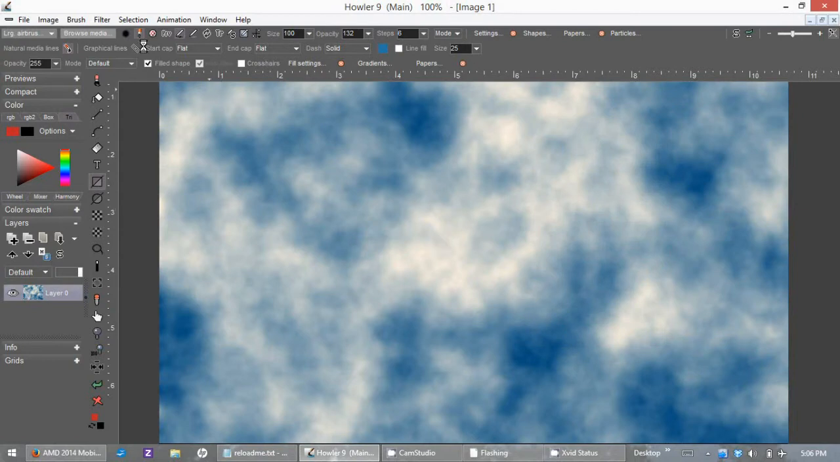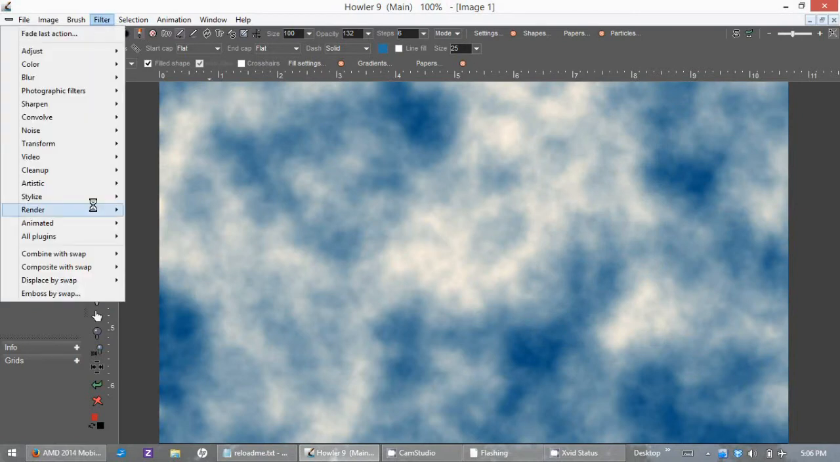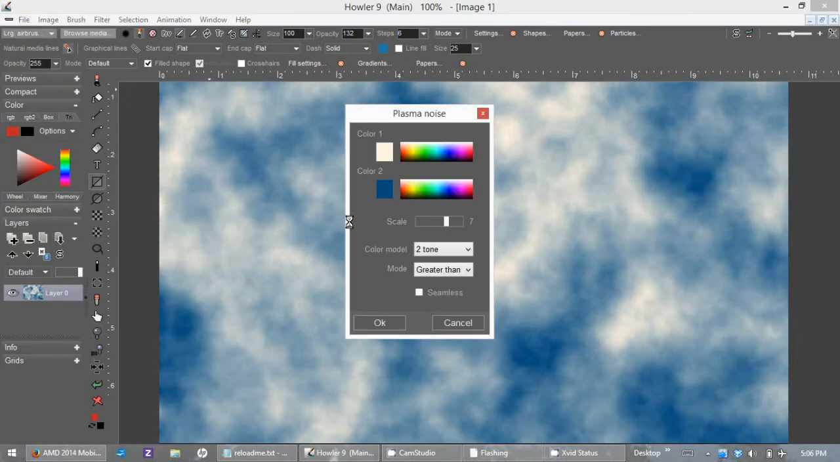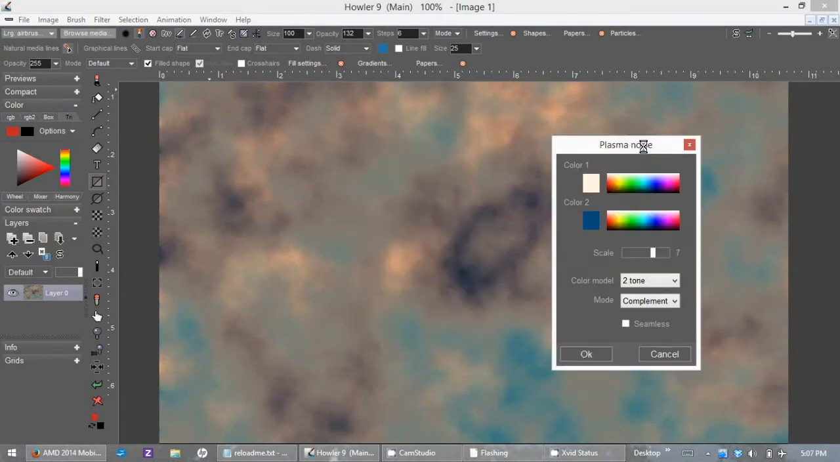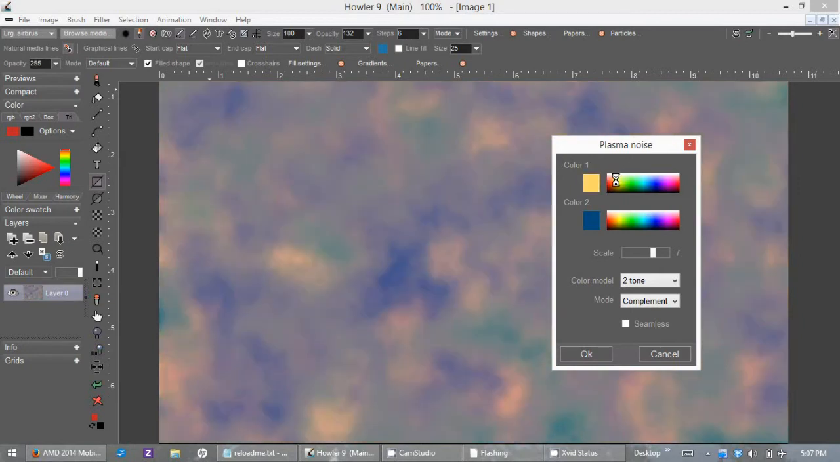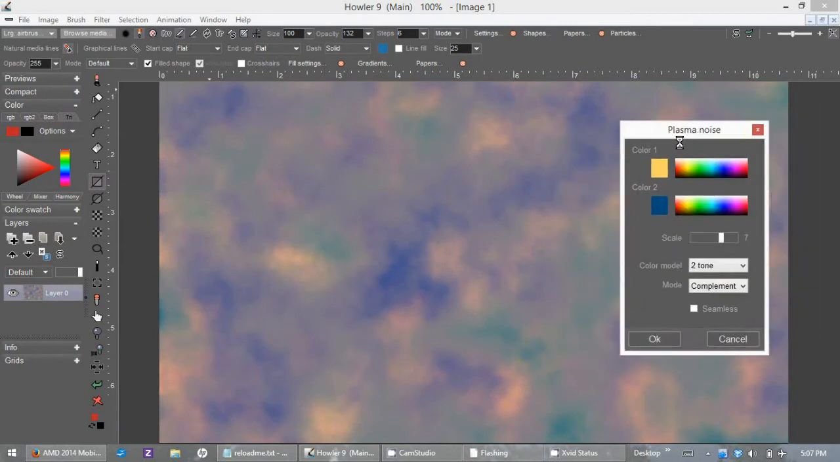but we're going to make that even better by going back into that plasma noise filter and using one of the combine modes. We're going to render directly over the clouds we just rendered with another set of clouds, and we're going to start with complement, because that can create some very nice looking light and dark areas with different colors. Altering these colors can produce some very interesting results as well,